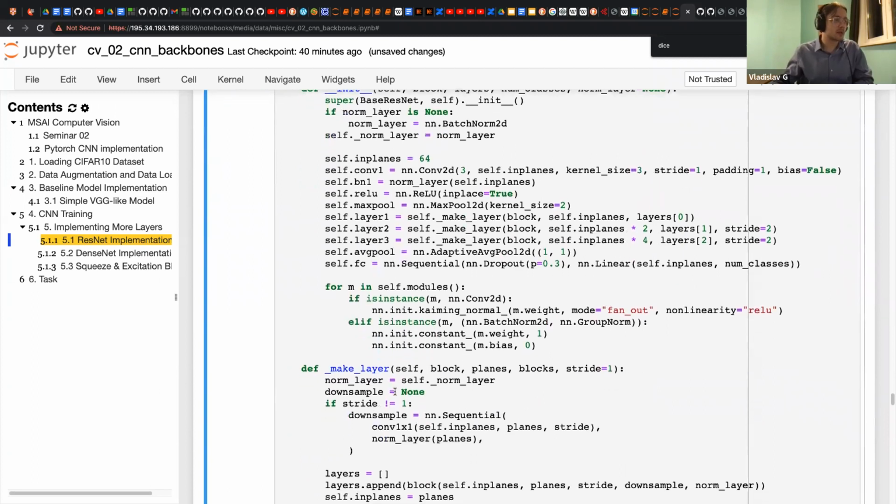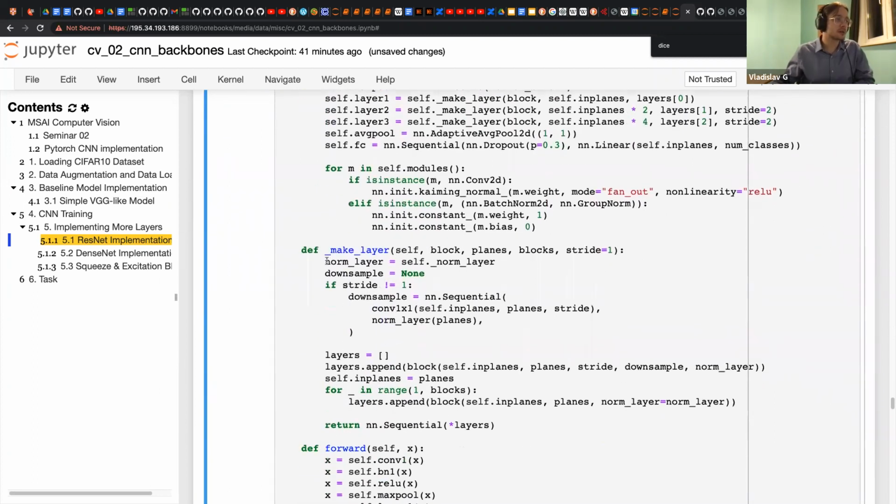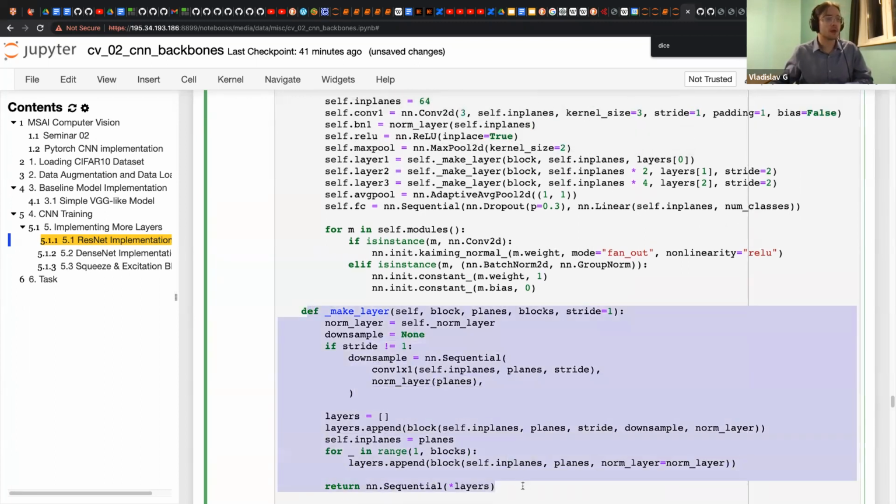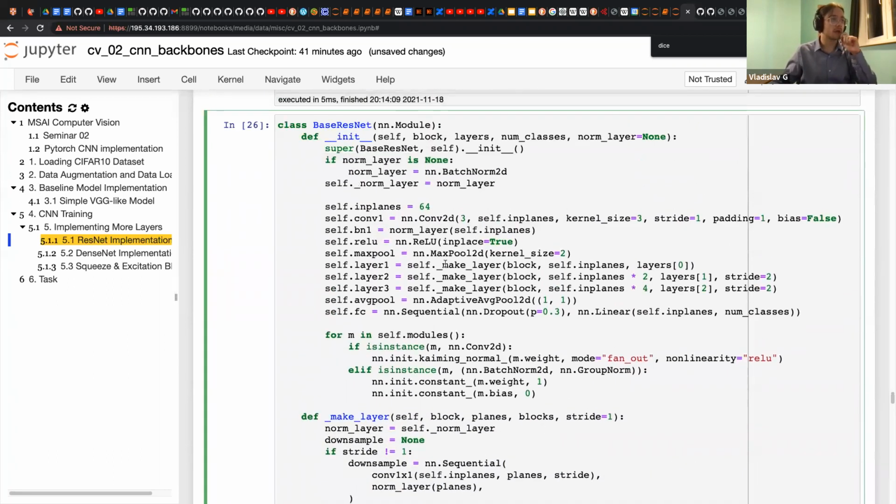We have a make layer function with normalization, with downsampling, with strides, and here we call our block function to form residual blocks that we described above. And we return sequential of all these normalizations, then downsamplings, and everything. And so we wrap it one more time. And finally, we apply it here.